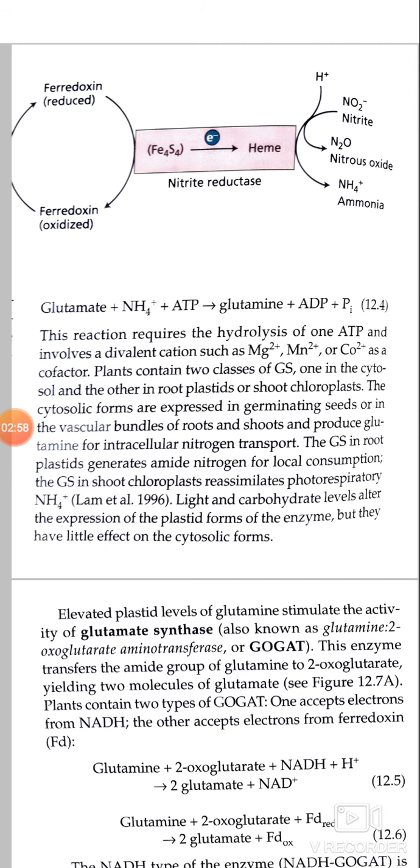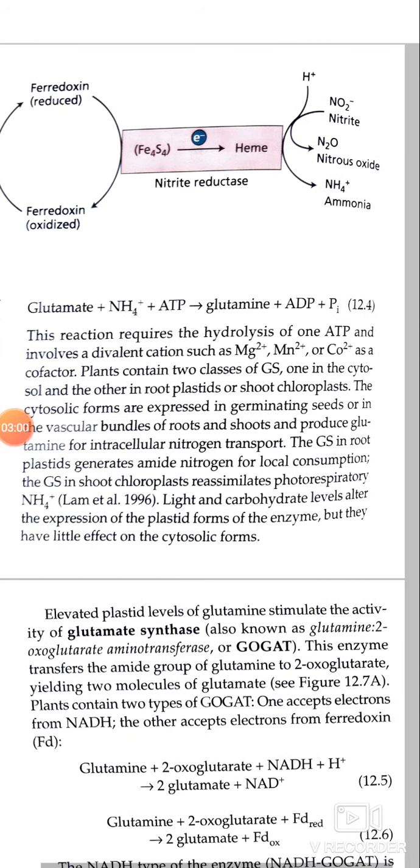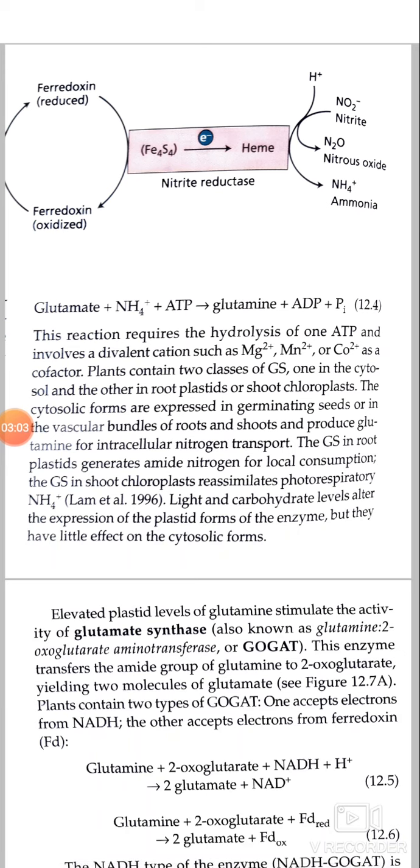The cytosolic forms are expressed in germinating seeds or in the vascular bundles of roots and shoots and produce glutamine for intracellular nitrogen transport. The GS in root plastids generates amide nitrogen for local consumption. The GS in shoot chloroplast